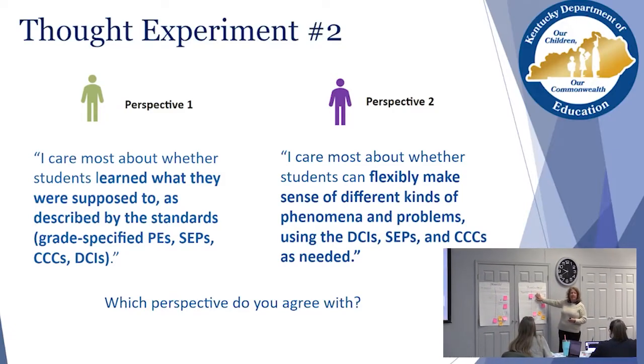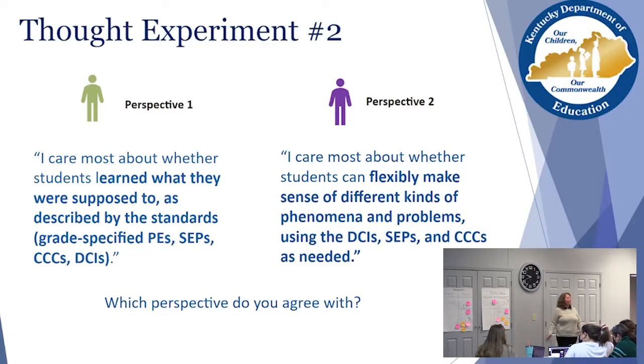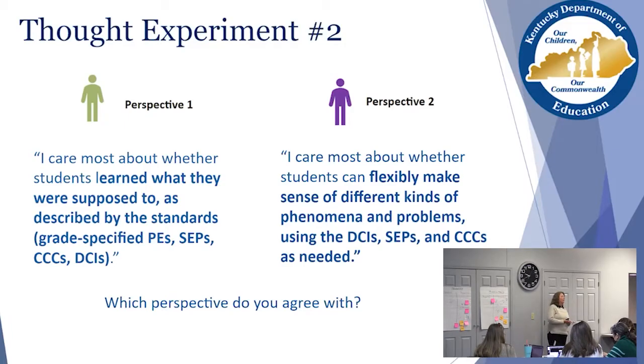Other ideas about perspective 2. Pike County, we're going to call on you all because you are middle of the road. And we would like to hear why middle of the road, please. Okay, we're here, Pike County. We just kind of talked about in the room with us, we have a K2, 3, 5, and then middle school and high school. And we just talked about from the grade 4 and 7 that we just feel like we're limited having to give the state assessment for our students to be successful. We can't be as flexible with perspective 2 as making sure they do get their grade level content and they have those DCIs and CCCs and everything down by what it says for their grade level.